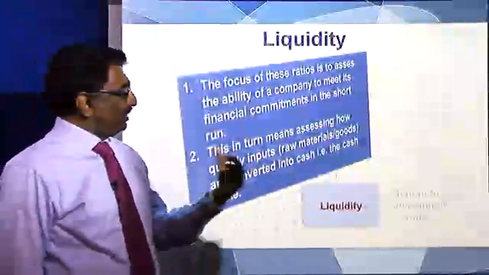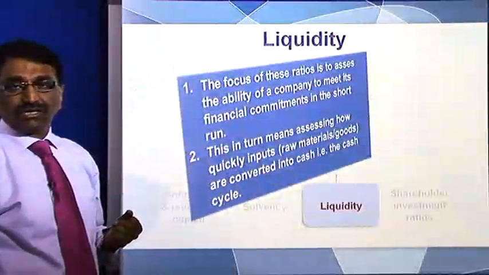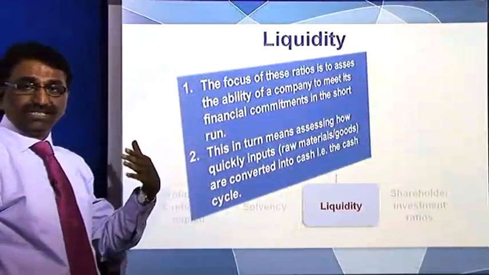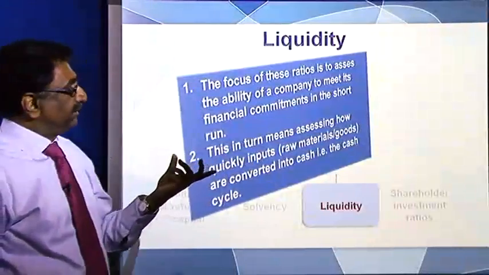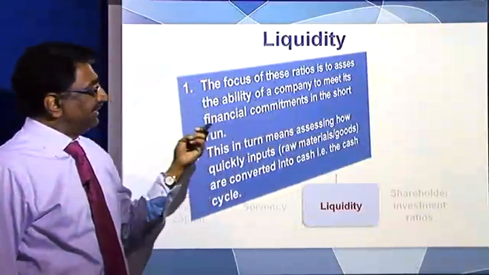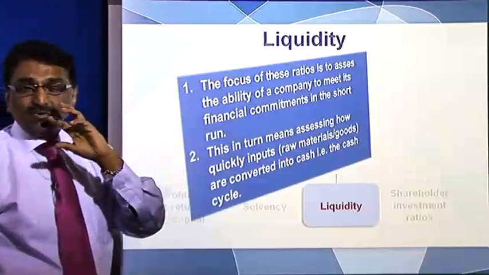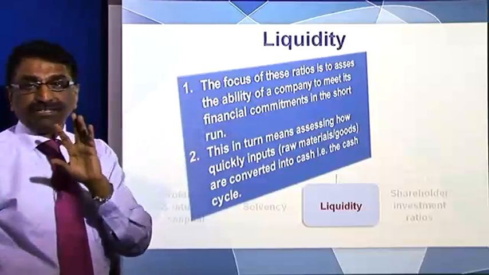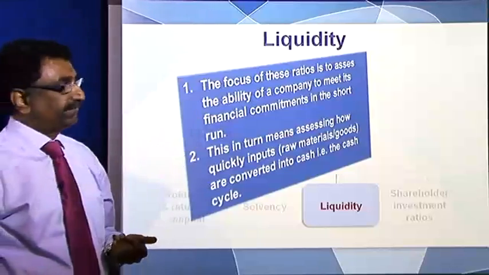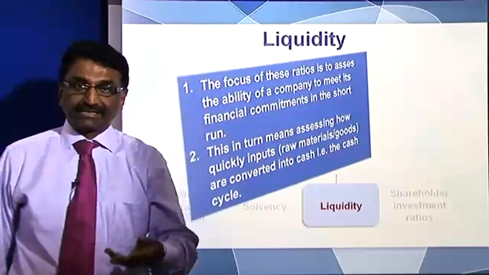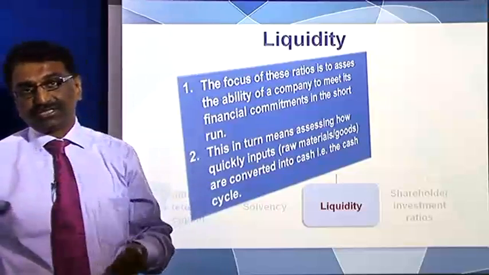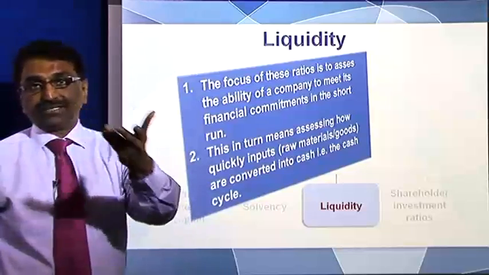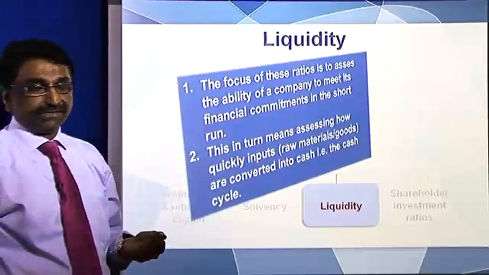We move on to now see what are liquidity ratios. Solvency was long-term viability. The liquidity ratios basically see how short-term commitments of the companies can be met. Is the company capable of meeting its short-term commitments? It could be towards its suppliers, it could be towards its employees, it could be towards utilization of utility services,